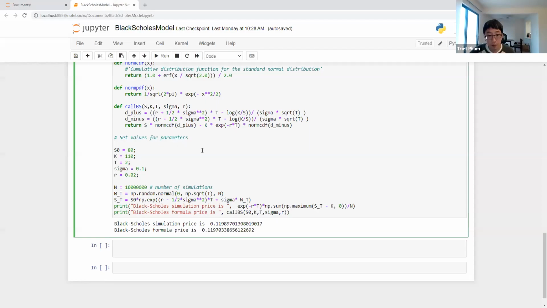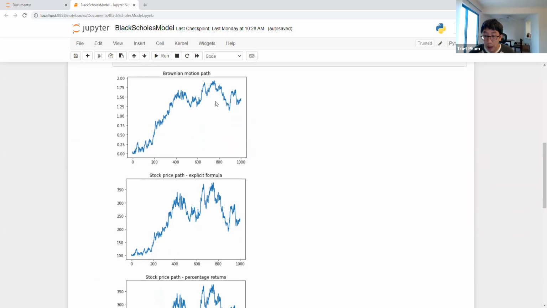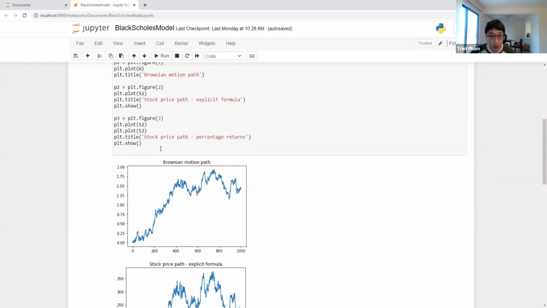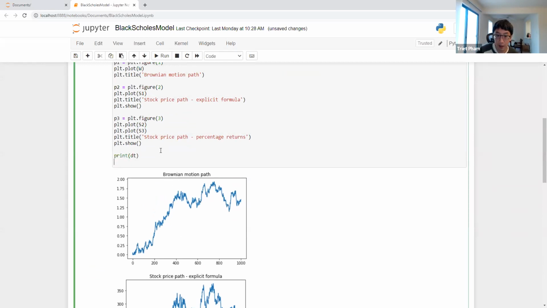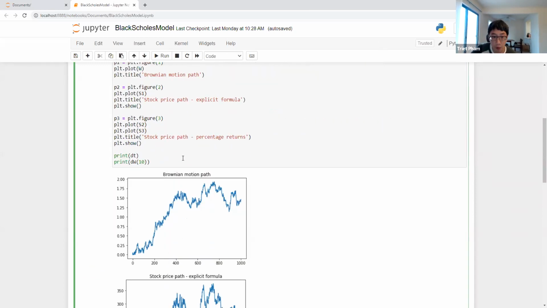So I want to show you this. Notice we say the stock price path is similar to the ground motion path. One of the reasons is that dW_t is very big compared to dt, and that's why the ground motion behavior dominates. So we can just print dt, that's how big dt is, and let's show you dW at, say, step 10. That's the value of dW at the 10th step. Any step we want.